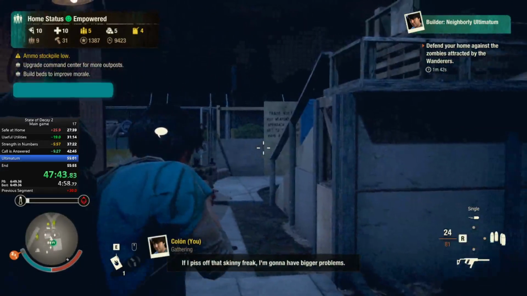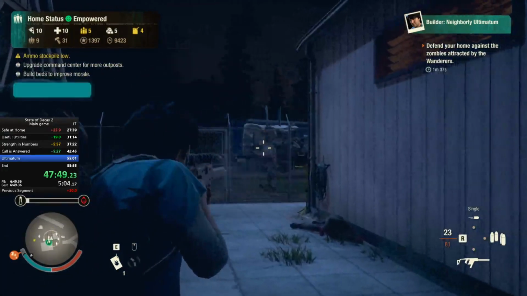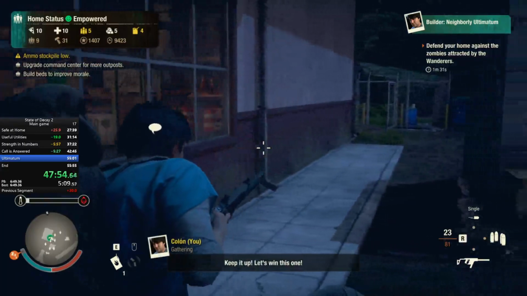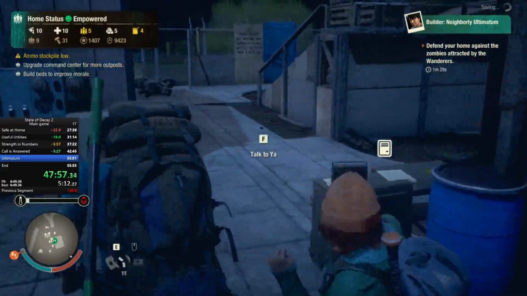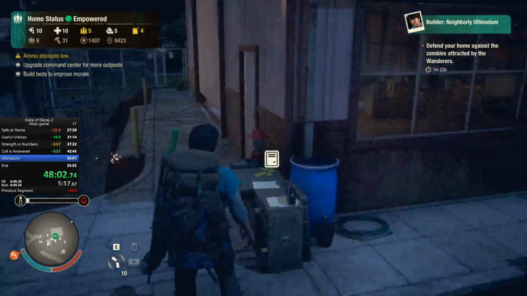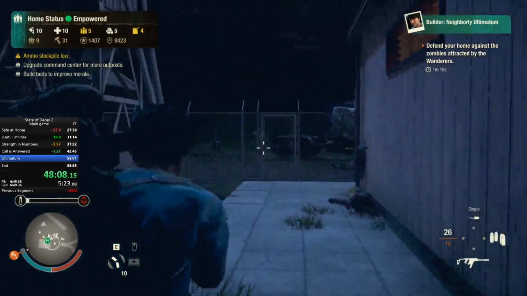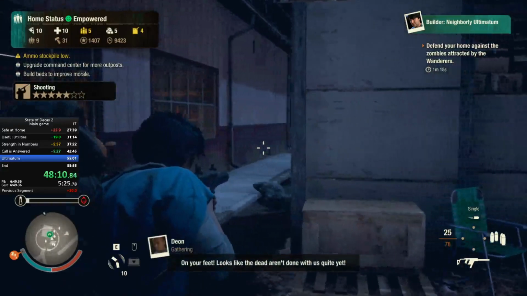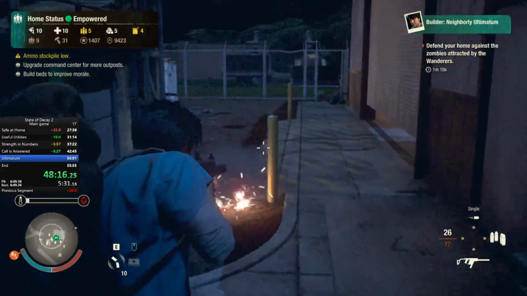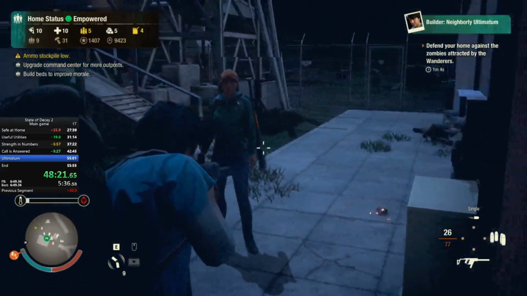That skin freak, I'm gonna have bigger problems. Let's get... Keep it up. Let's win this one. I have so many of these, I'm just going to start throwing them, I guess. Make sure anyone who spawns actually comes this way. But yeah, in Green Zone, this is past trivial. This is easier than trivial, so...